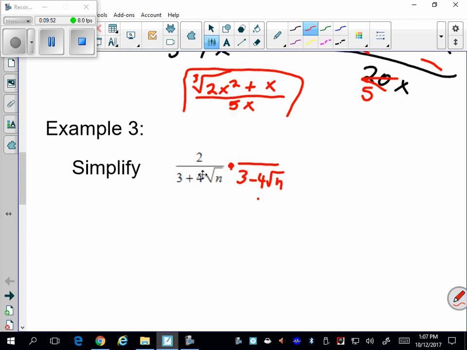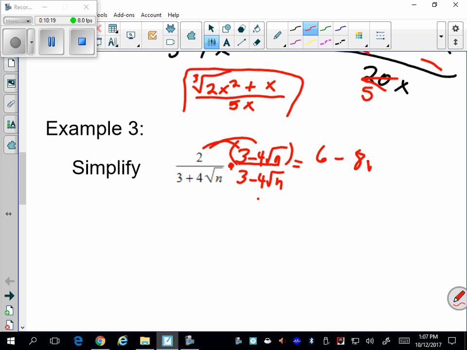When you multiply in the denominator, you've got to multiply in the numerator because this is equivalent to 1. So you're not changing the value of the expression. You're just manipulating it so it doesn't have a square root in the denominator, or radical in the denominator. So we do 2 times 3, 6, minus 2 times 4 square root of n is 8 square root of n,